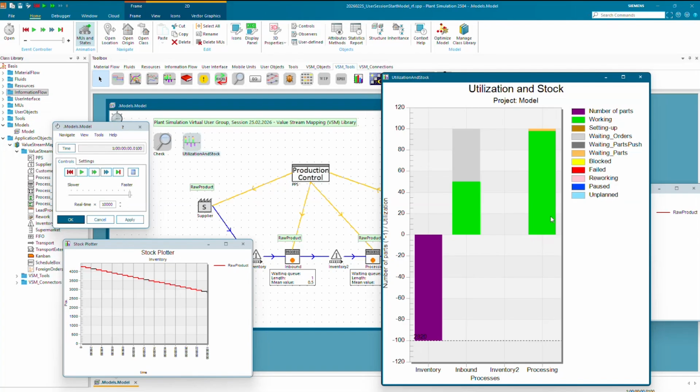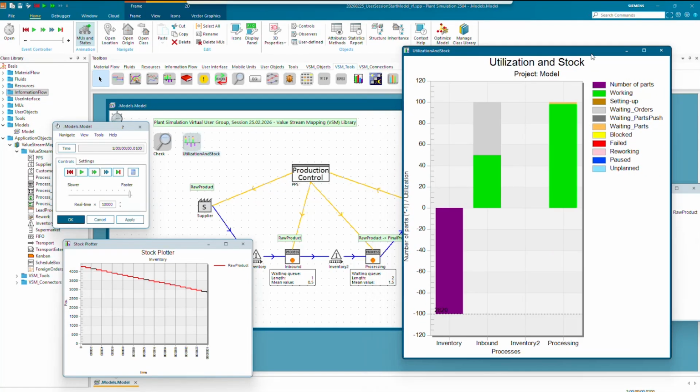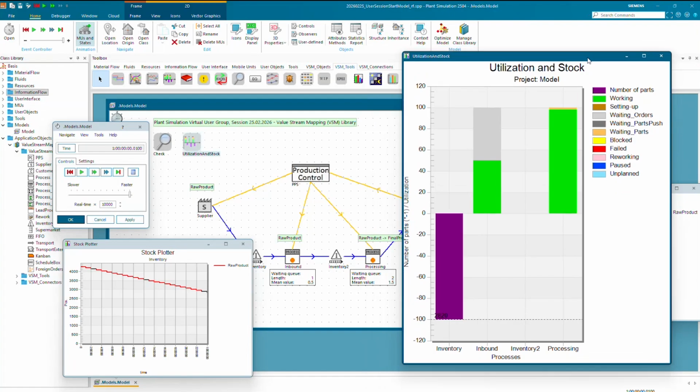And there you would see also always a big indicator how the processes are utilized, or what might be a certain factor for optimization. Is a process waiting on parts? Is a process blocked? How is a process behaving depending on maybe setup times?